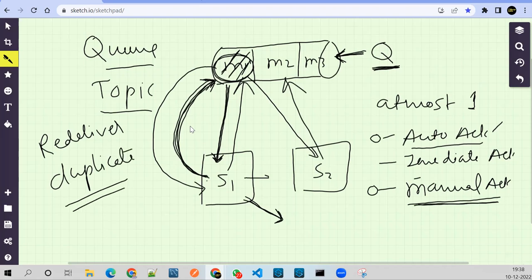This could be a duplicate message. So think about auto acknowledgement. Your message was successfully processed, but while sending the acknowledgement you took a little time because of latency, network, or some traffic. The queue didn't receive the acknowledgement, so it will re-deliver the message to your flow. There would be a redelivery policy, at least 3 times your